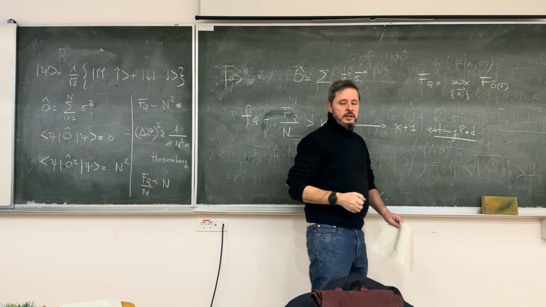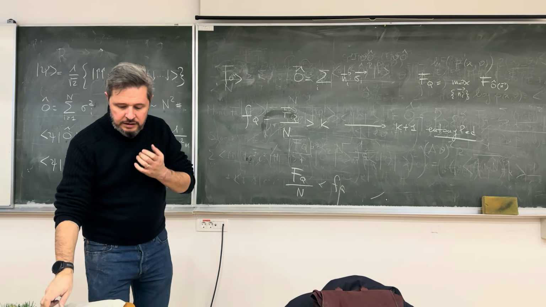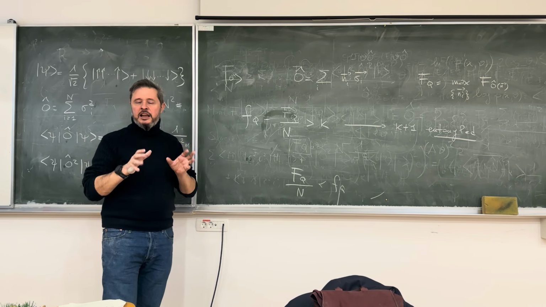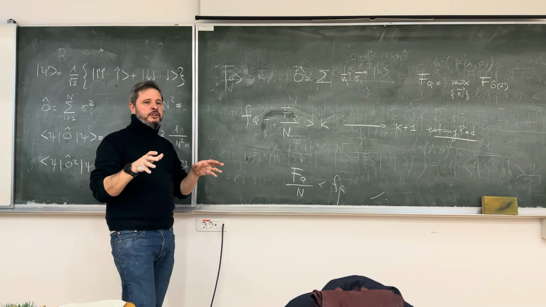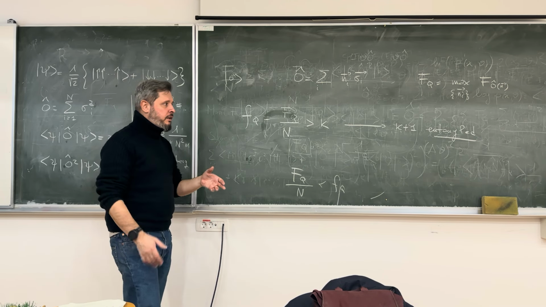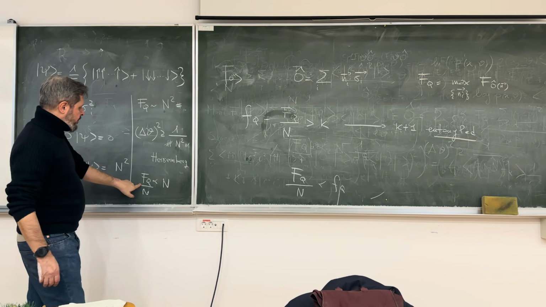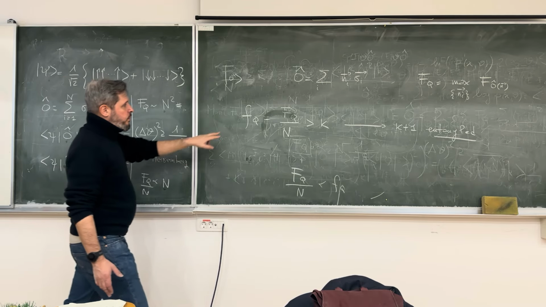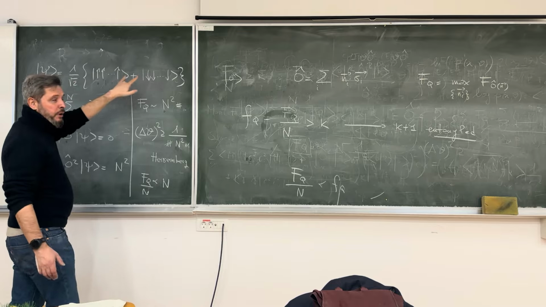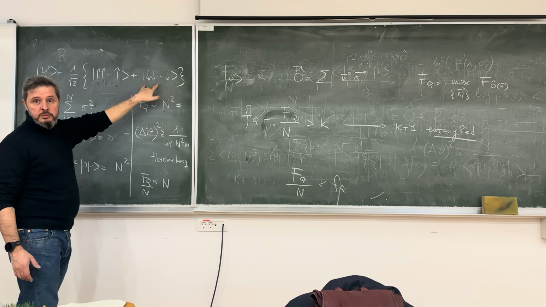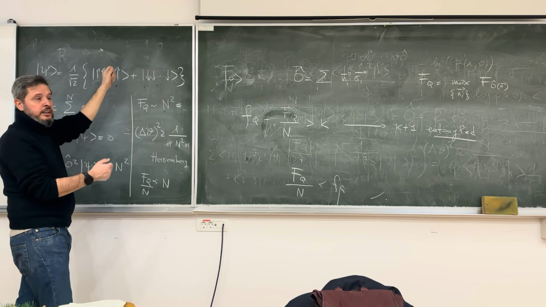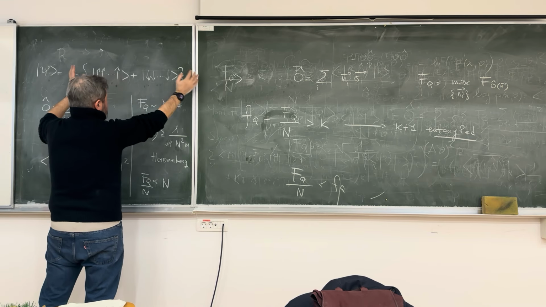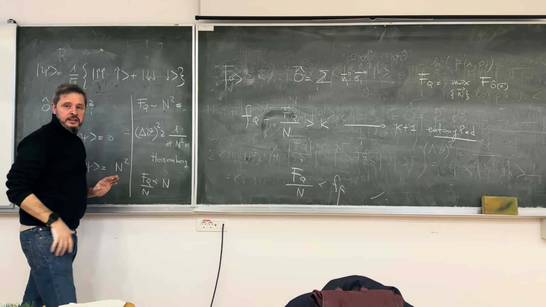which means that the state can be written in a form in which there are at least k plus 1 parties, k plus 1 degrees of freedom, that are irreducibly entangled. So you see, in this case, for example, the Fisher information is equal to n, which tells us that this state has n parties that are irreducibly entangled. You cannot disentangle them. You cannot take one of these guys and take it out and write it as a product state of one of these guys and the rest. No, they're all sitting there.